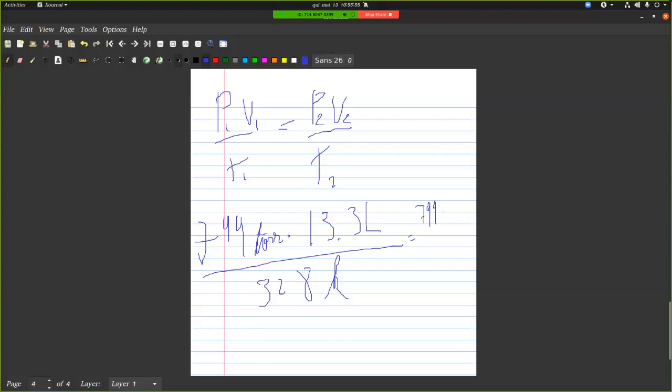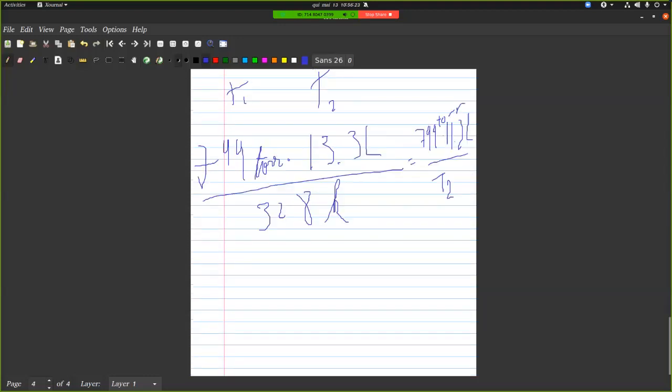744 times volume, which is 11.2 liters. This is torr, divided by our temperature, which is what we want to know. We could cancel out the 744 because it's the same thing. It's isobaric, but let's just leave it there. So what we have to do, we multiply there, divide there. Okay, it's going to be 328 K